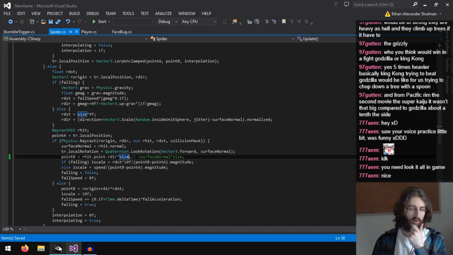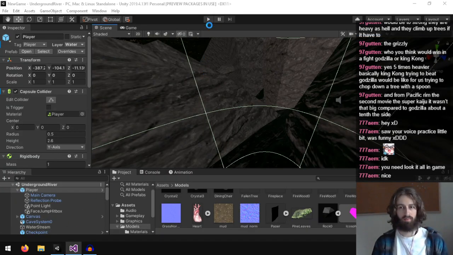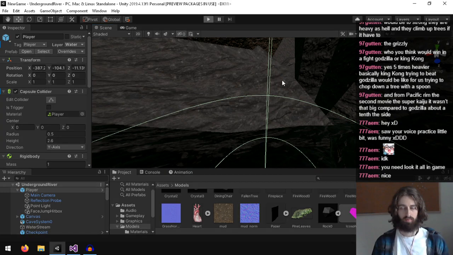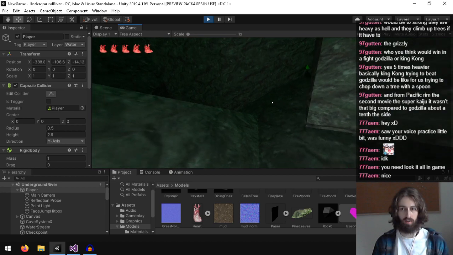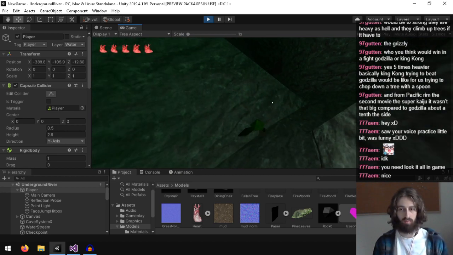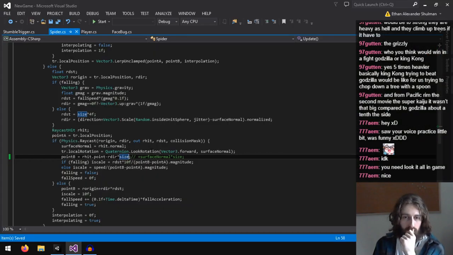Yeah, I actually don't know how to do this with raycasts. I guess if they glitch into the ground, it would actually be okay. It kind of looks like it's going... Yeah, so there it doesn't work as well.